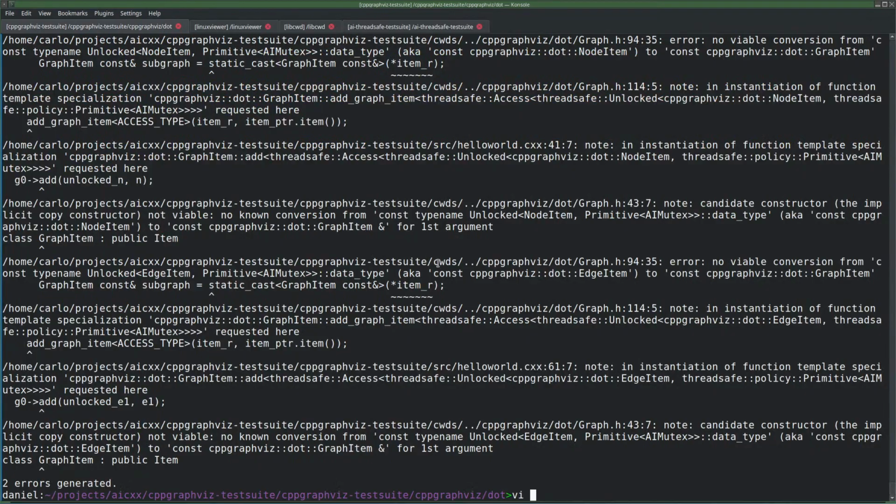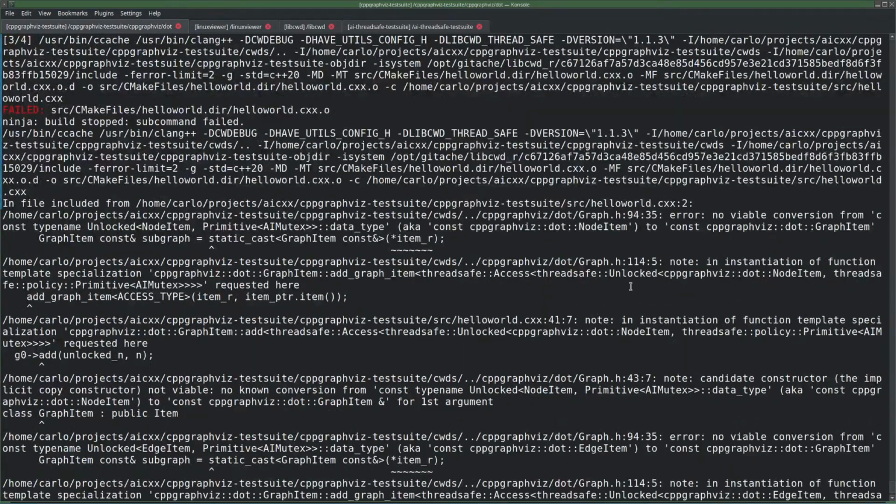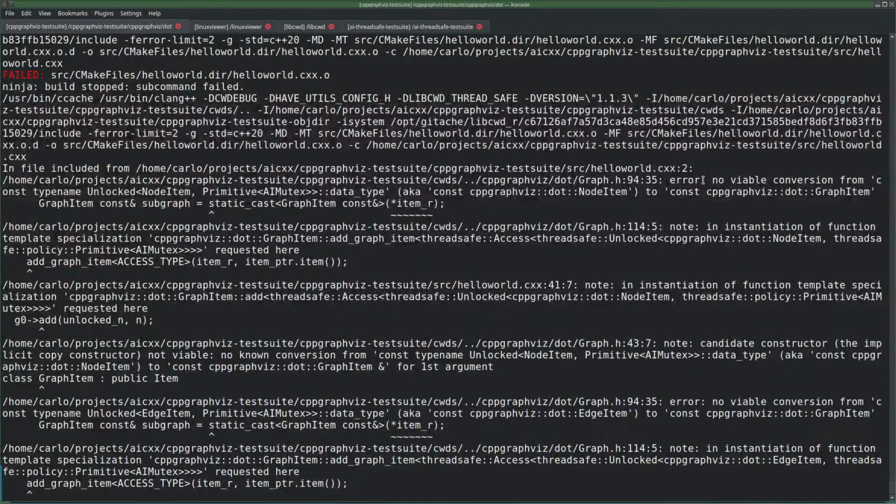Or not, or what goes wrong now? No variable conversion from const type name unlocked node item. Oh shit. What do you mean unlocked? Oh, data type, sorry.